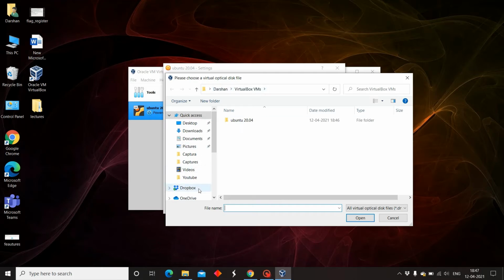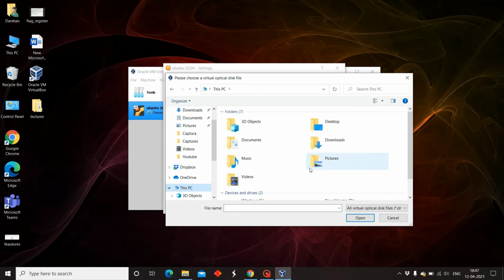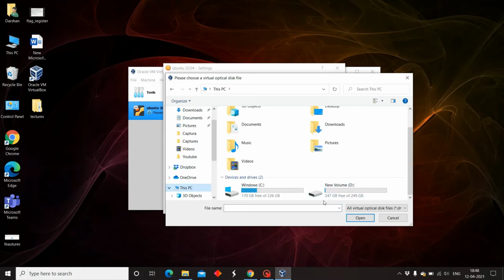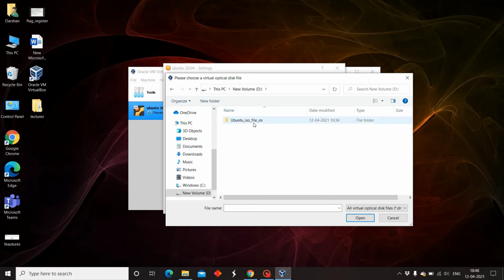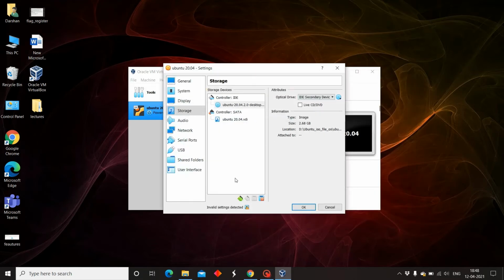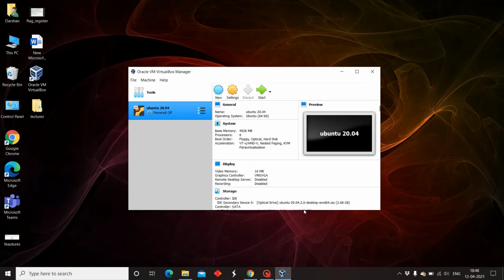You need to search in your system for where you have it. Earlier I said I kept it here, the Ubuntu ISO file. This is the ISO file. Just click over it and then say okay.